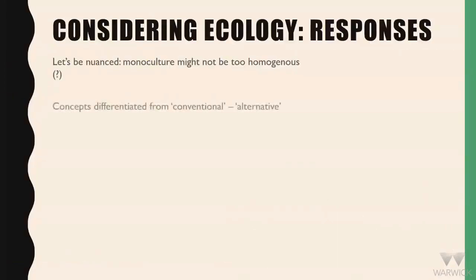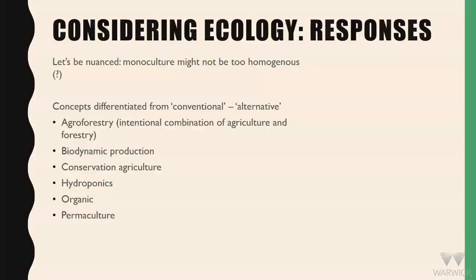Think about possible responses, because that's what we're interested in. As well as understanding the detail of the current situation, we want to think about how we might respond. So the first thing to say is that monoculture and conventional farming gets stereotyped as a bad, unsustainable way. There's a lot of difference within that, and we'll talk about that in a future week. So maybe we've got these categories of conventional and alternative food production methods as a way to think about things.